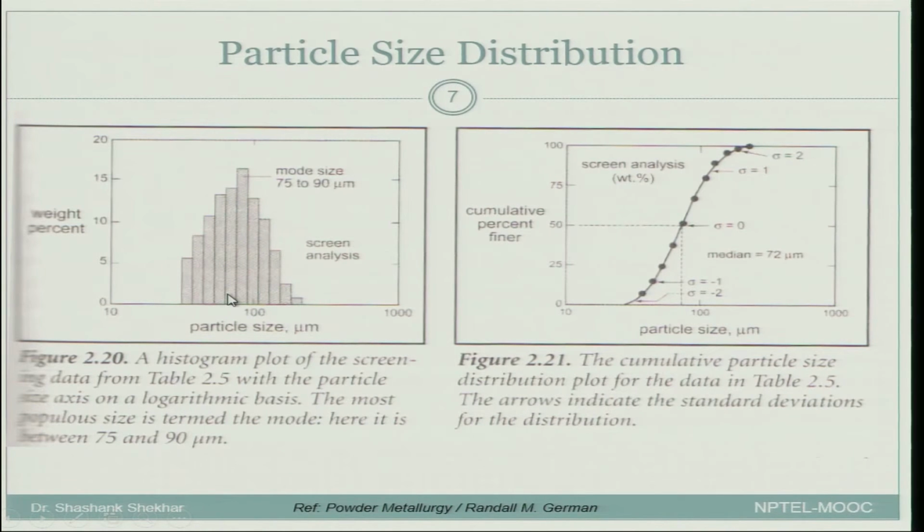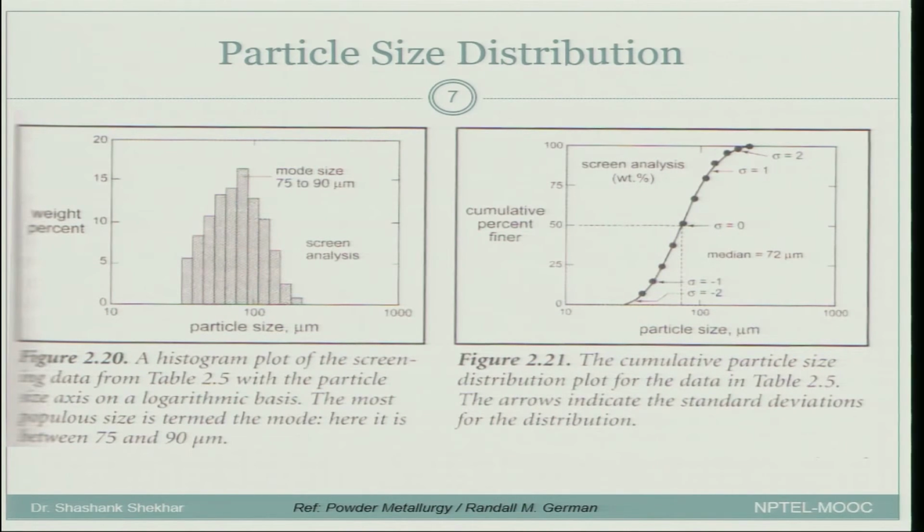And this is the histogram, and corresponding to that you can also draw what is called a cumulative distribution. So, what is cumulative distribution? It is basically adding all the incremental information to the previous data. So, at this point whatever the data was, you add the next set of information from the histogram into this point, and so on. You can build a curve like this, and this is called a cumulative percent data.